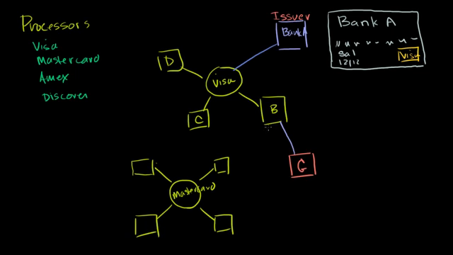This would be the merchant bank, or we could say the retailer's bank. In credit card lingo it's often called the acquiring bank or the acquirer. And you might wonder, why is it called the acquirer? It's called the acquirer because this is the player that goes out and goes to each of the merchants and